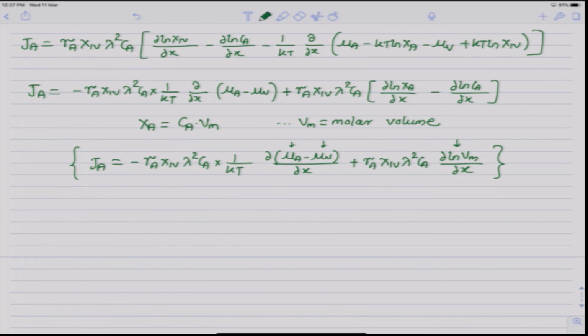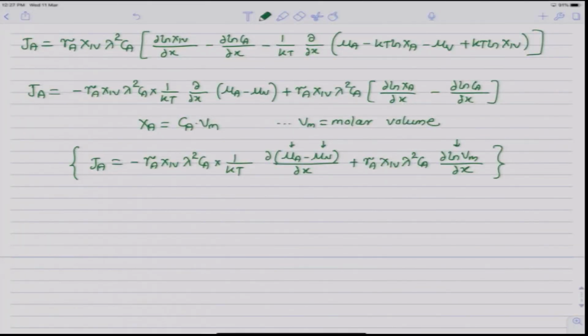Obviously, if the molar volume changes with composition, there will be a volume flow associated with the diffusion process, and it will give rise to a drift,